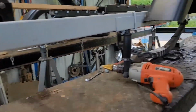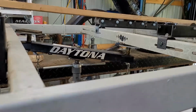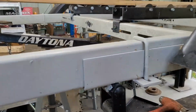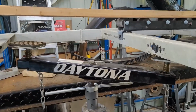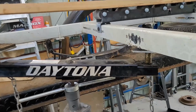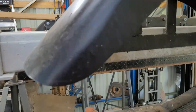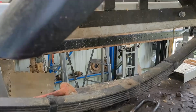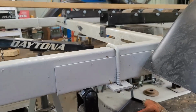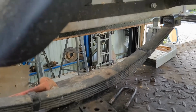I've come to a dead end when it comes to getting the axle right now. I'm going to have to buy one. It's going to run me about $300 to do what I needed to do. So I thought I was going to be able to get a used one kicking around, but I haven't come across that yet. The other thing is, you get somebody's used axle, you don't know how many miles are on those bearings. So you're going to turn around and buy new bearings. You don't want to get stuck out on the road somewhere with burnt bearings. That's not something you want. So at this point, I think I'm going to go ahead and buy new, and then not even worry about it,